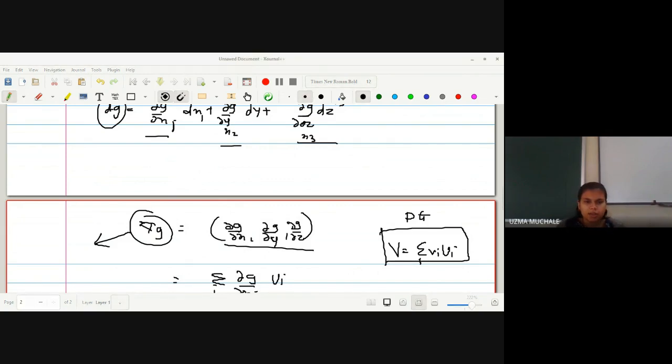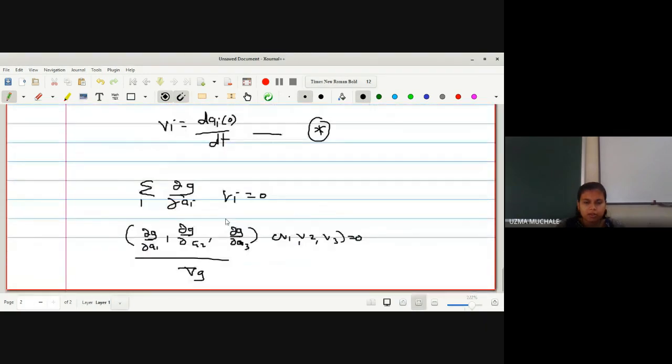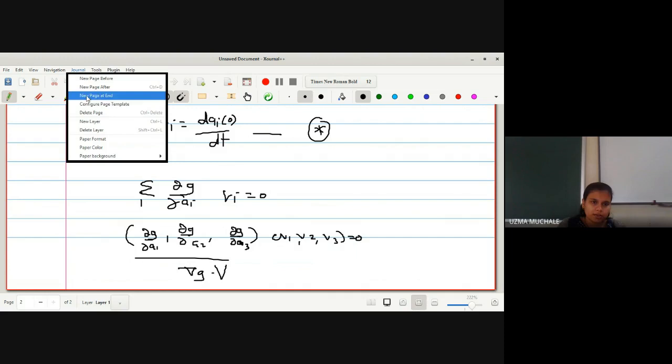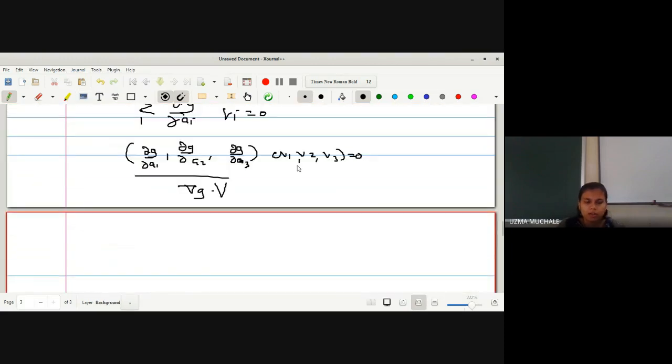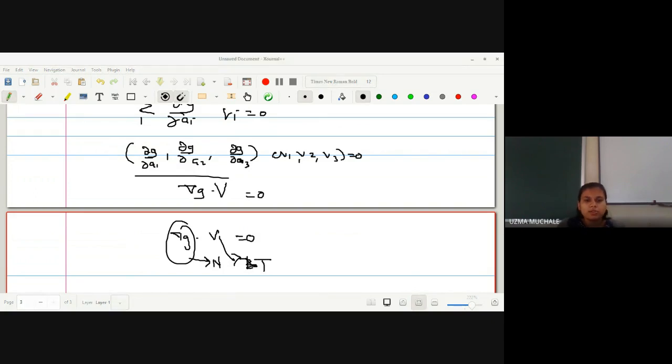So this is your del g, and this vector v is nothing but a velocity vector to the curve, which is working as a tangent vector to the surface. Okay, which means that the dot product of del g with v is equal to 0. It ensures that this del g should be normal and this should be a tangent vector, then only the dot product will be equal to 0. This shows that del g is perpendicular to the vector v, where alpha dash of 0 is v, and del g is normal to the surface m at a point p.